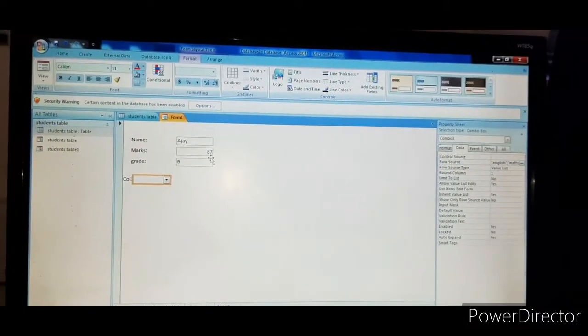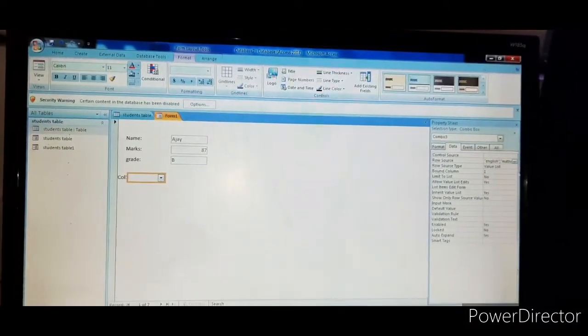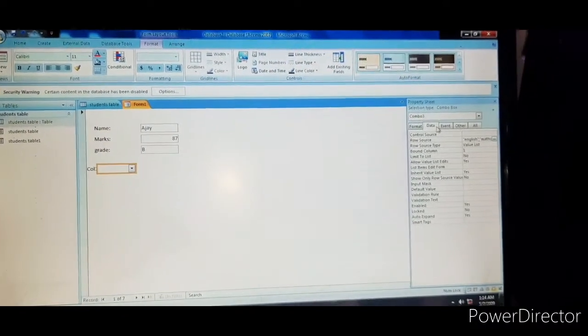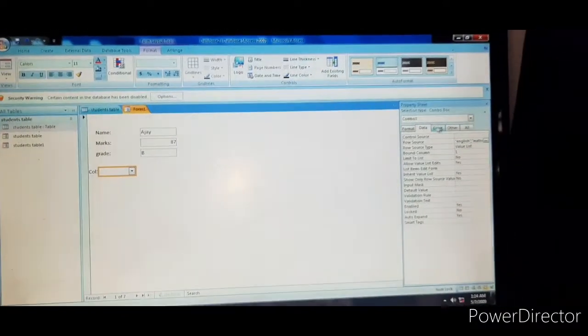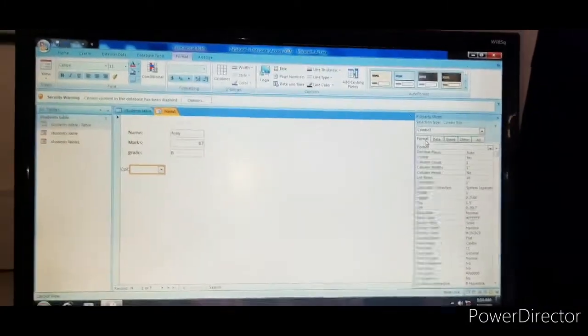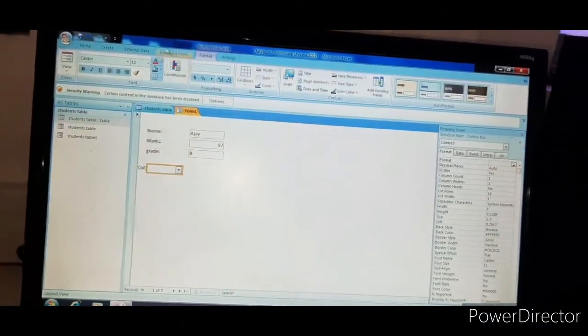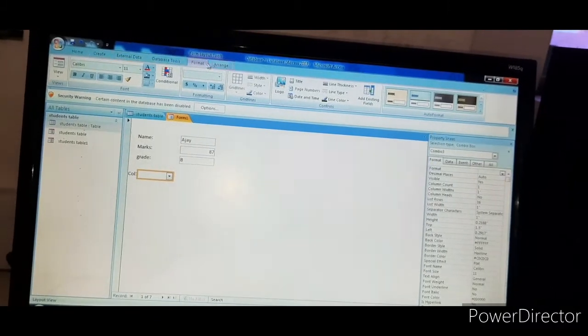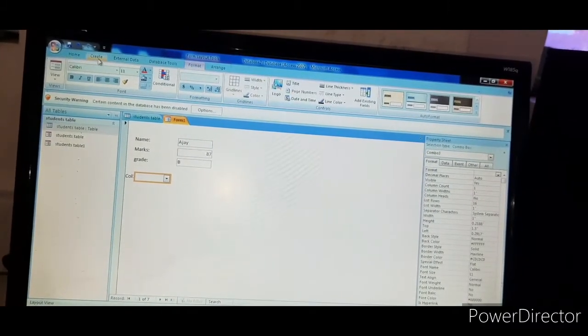Okay. If you want to give any heading for your form, then go to the format tab. Sorry, before going to the format tab, we should click on the create tab.